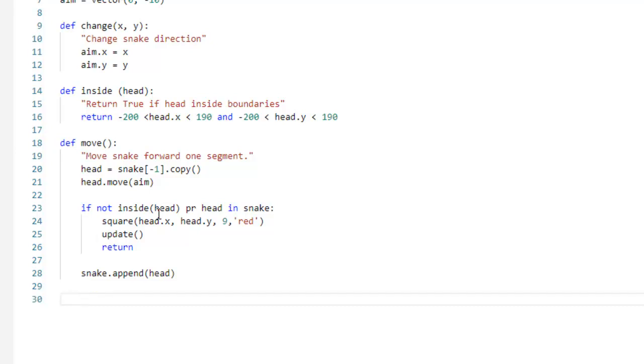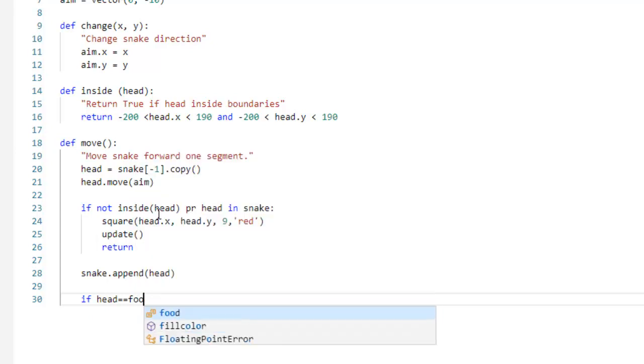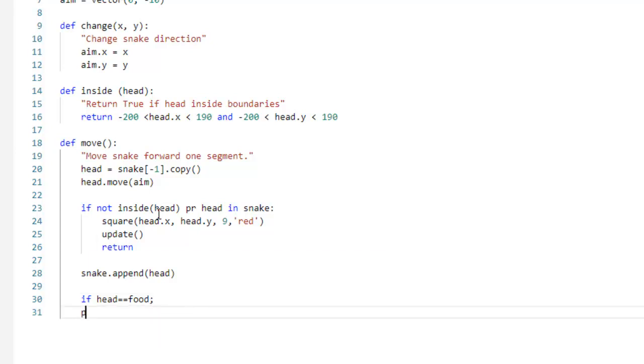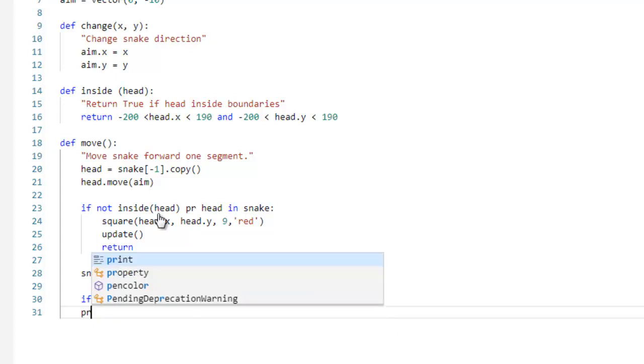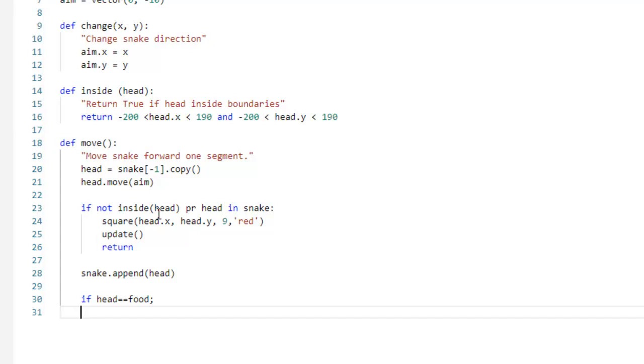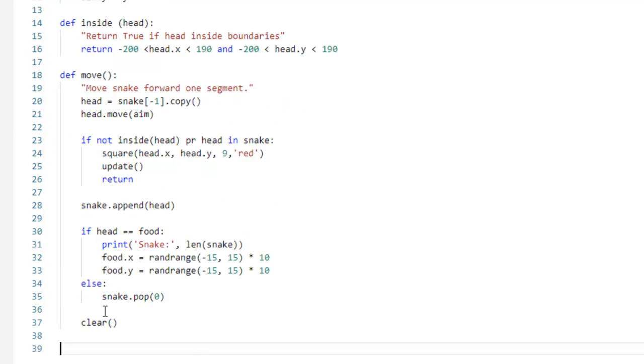Just press another enter, and then you want to type in if head equals food. So right now we're talking about the food, guys. So print... oh wait, it should be a tab. I don't know why it didn't give a tab. My thing wasn't working that nice, so I just decided to pause it and then continue. And I did type a bit so that we can end this a bit early,